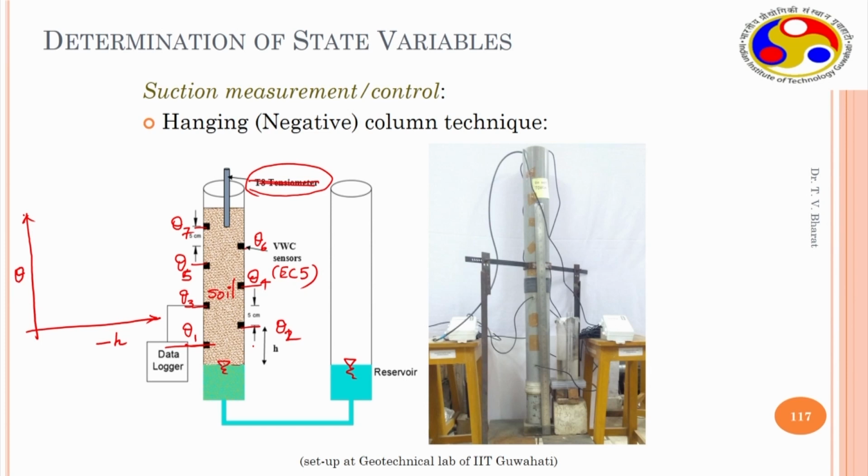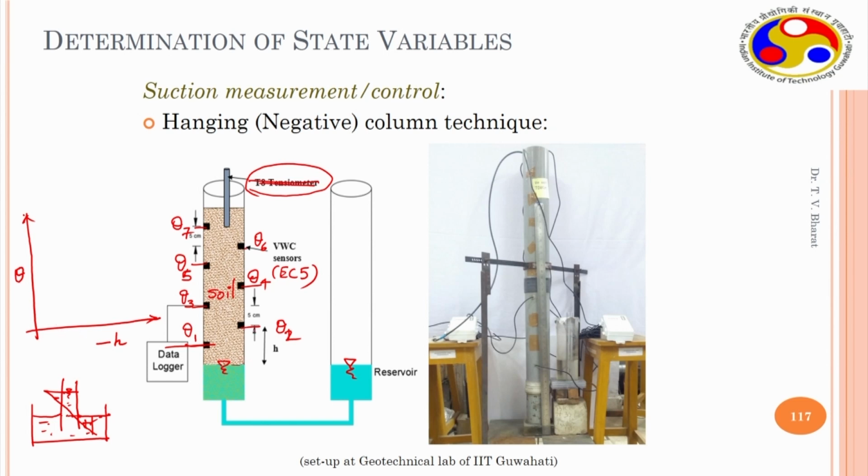As we have seen in the capillary, if I draw the capillary here, which is immersed in a water reservoir, this is water, you would see that there is a water level that exists up to a certain level. If you draw the pressure diagram with the depth, you would see that there is a negative pressure in the water in the column above this level, and here it is 0 and this is positive, this is negative. Similarly, above this you have a negative pressure.